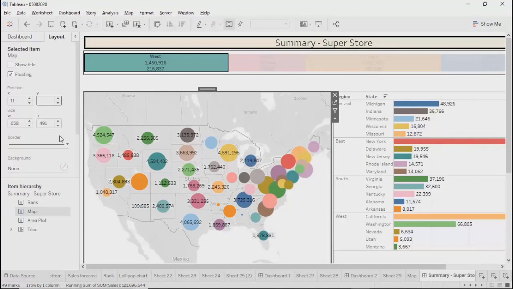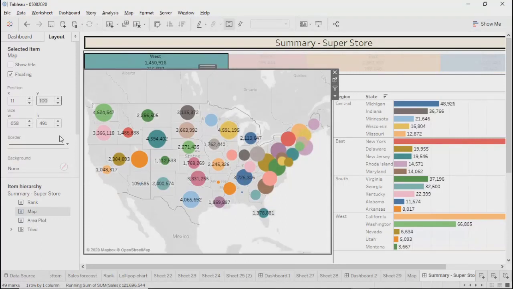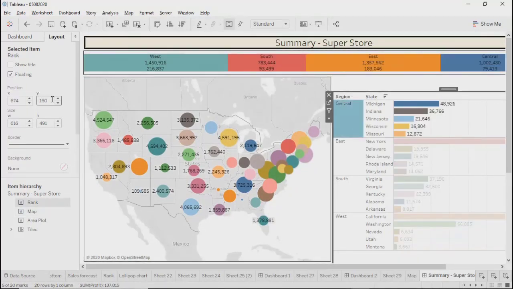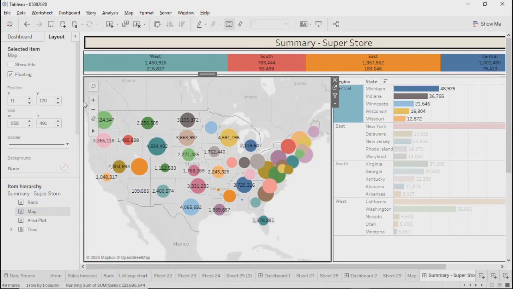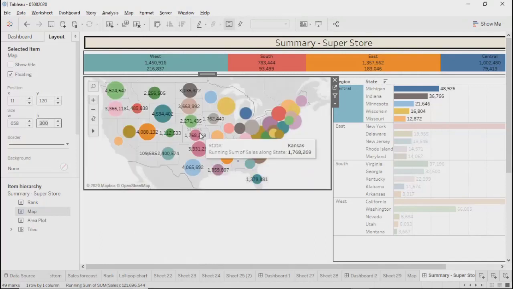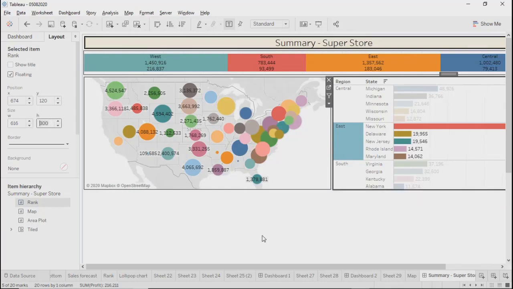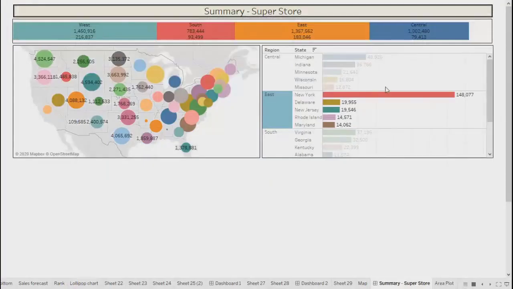Let's take 100. No, I think 150 or 120. 120 will be fine. Same thing for this, 120. And the height we can take 300 in place of 491. For this also 300, so that we can put other objects into the dashboard.